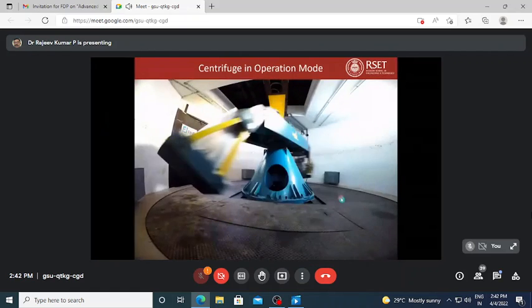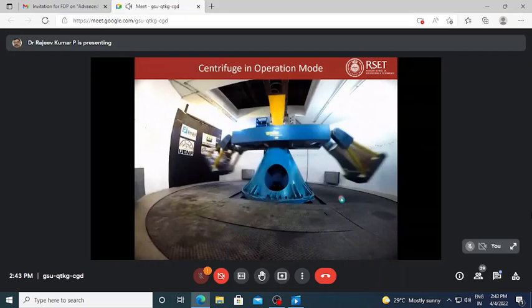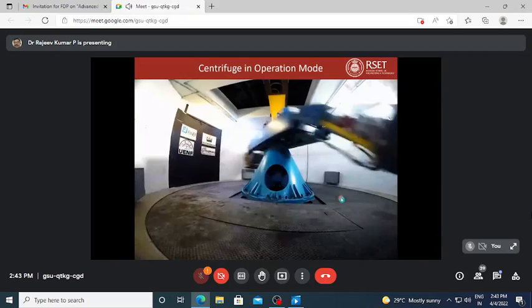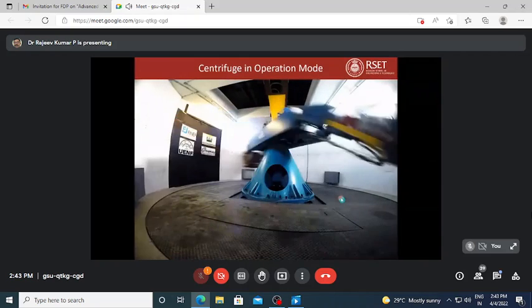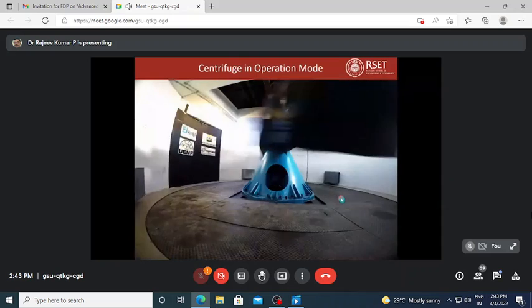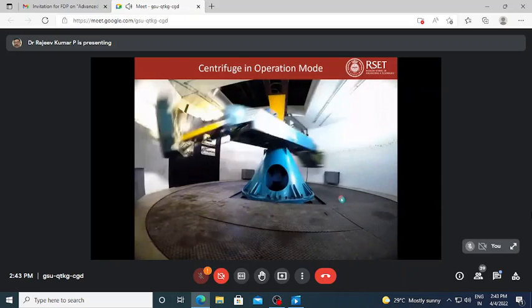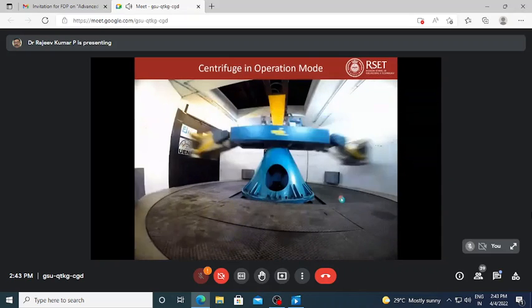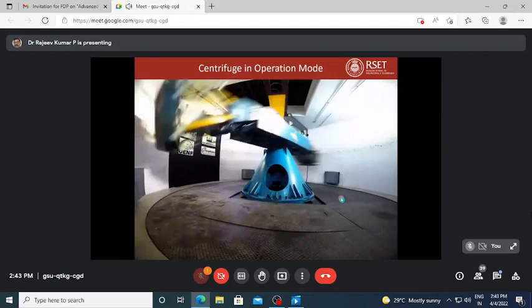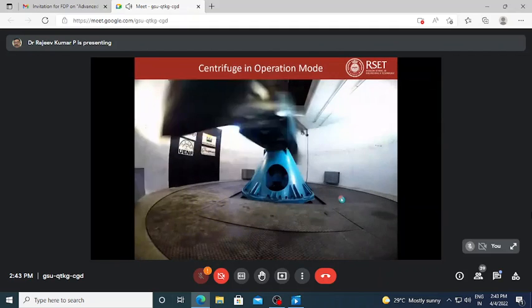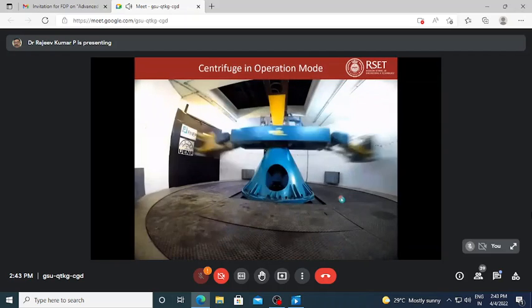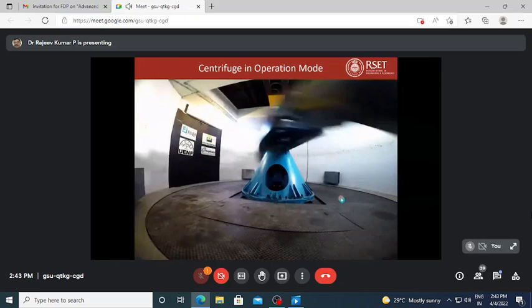You can see here it moves slowly, it spins up, and then it stabilizes at the required acceleration level. We can set that. Those mechanisms are also available. We can set it. Once you keep the sample in the centrifuge box here, and it is closed safely, there is a stroboscope which can be used for monitoring this. You can keep a video camera on the inspection window.